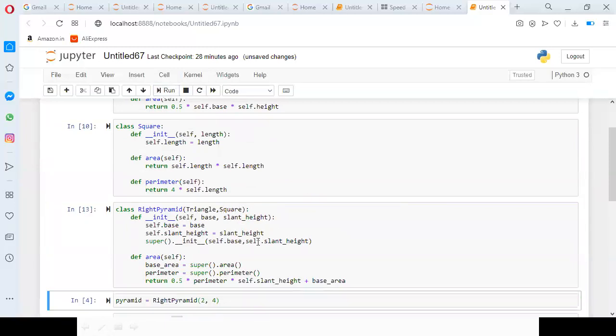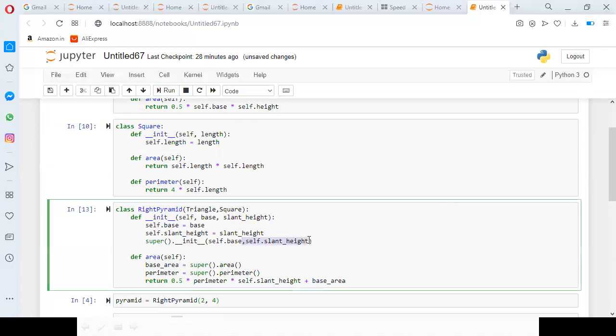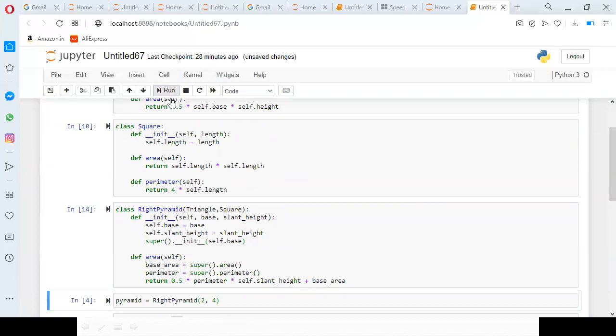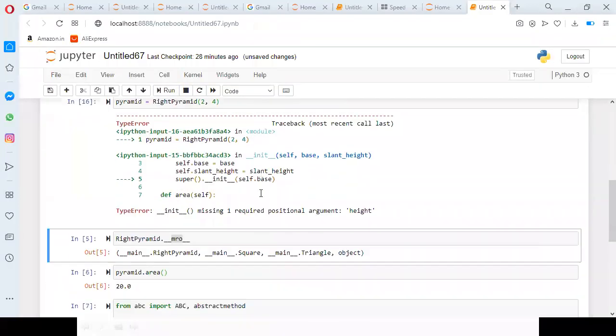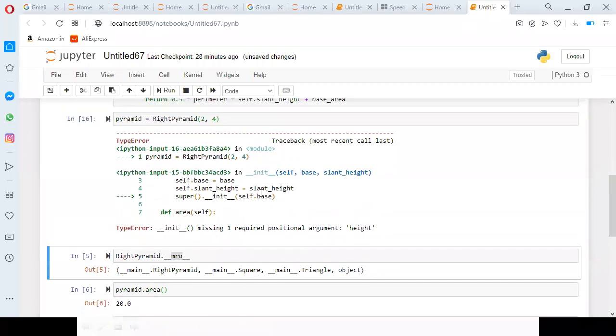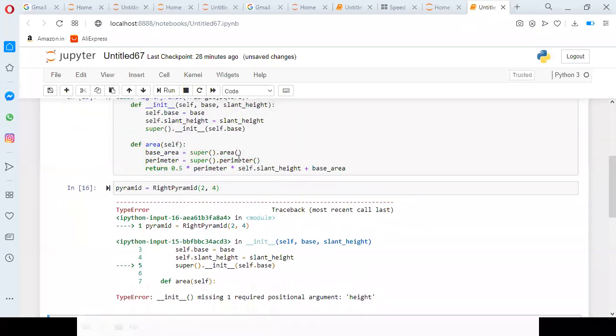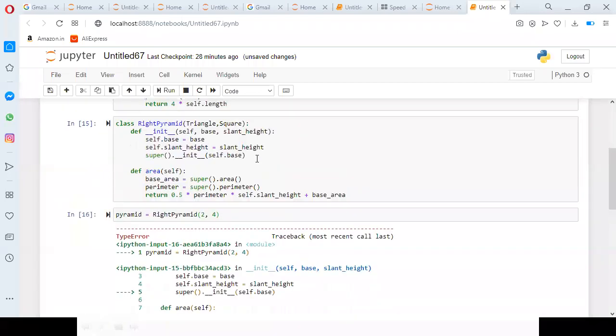So now it is going. If I didn't mention this one, height it may require, but we don't have. So everything is there.